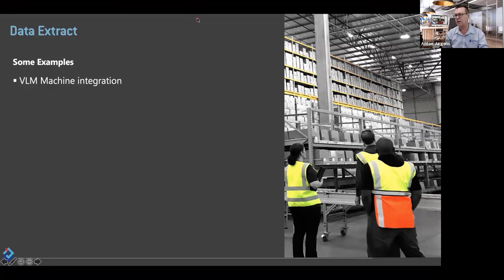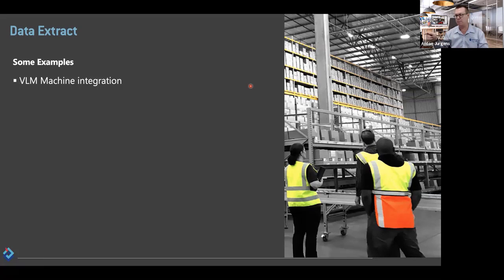So what we did there is a simple customization on the VLM software that asks the user to scan his ID code when he gets there. So what would happen is a normal pick slip gets released, gets allocated to a picker. Let's say his name is Peter. Peter comes walking along with his picking slip, walks up to the first machine, scans his ID card, and in